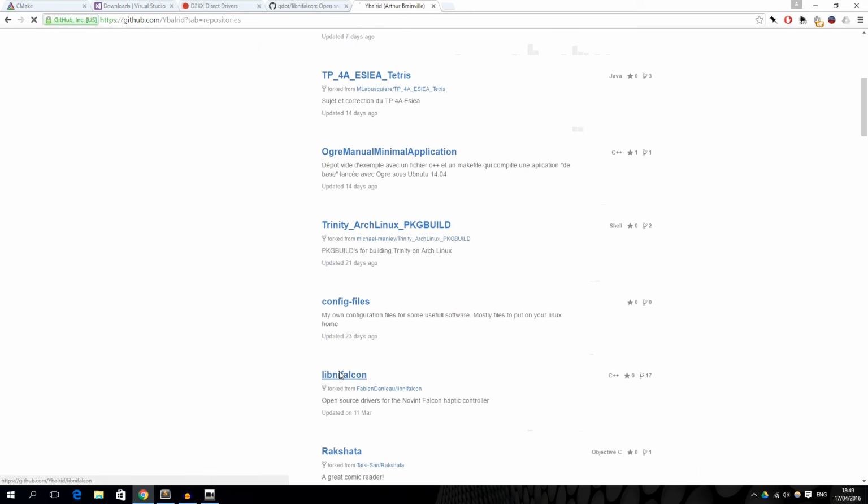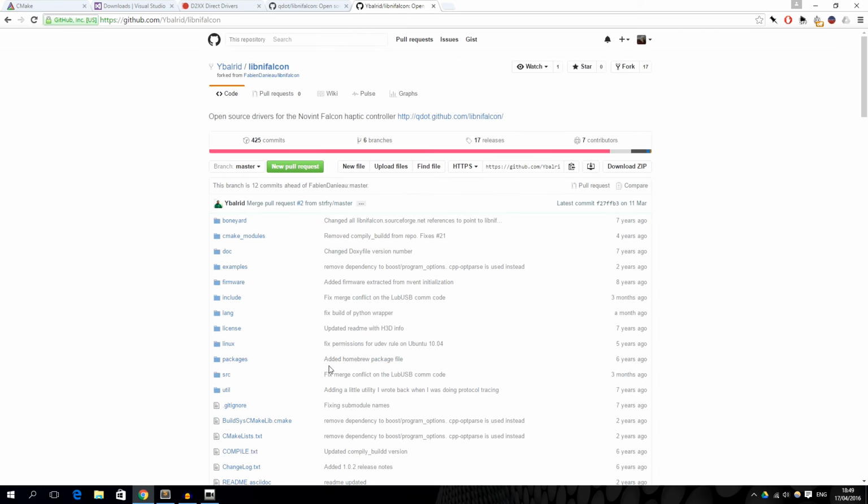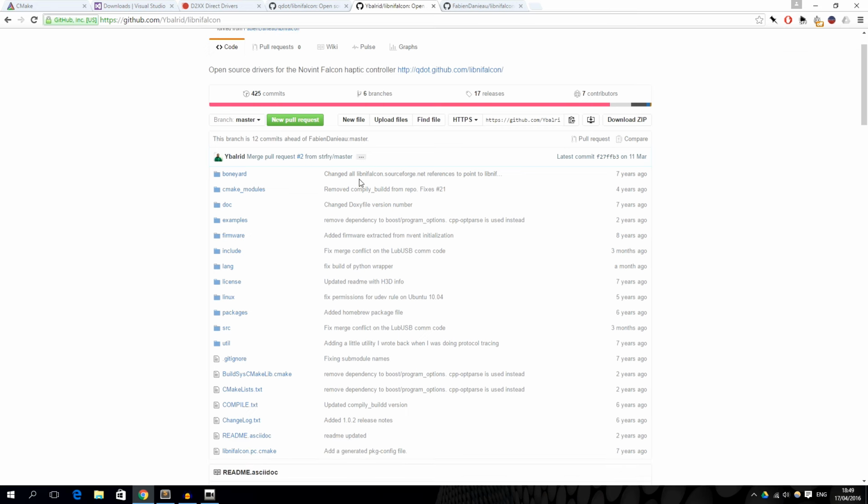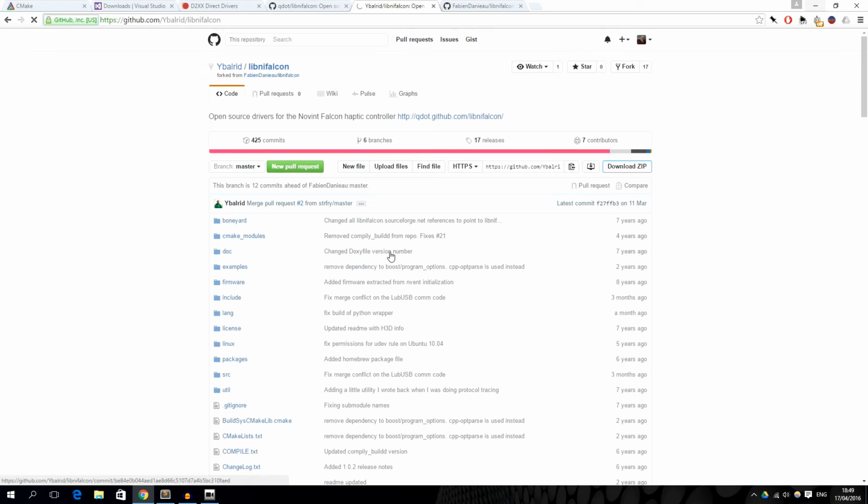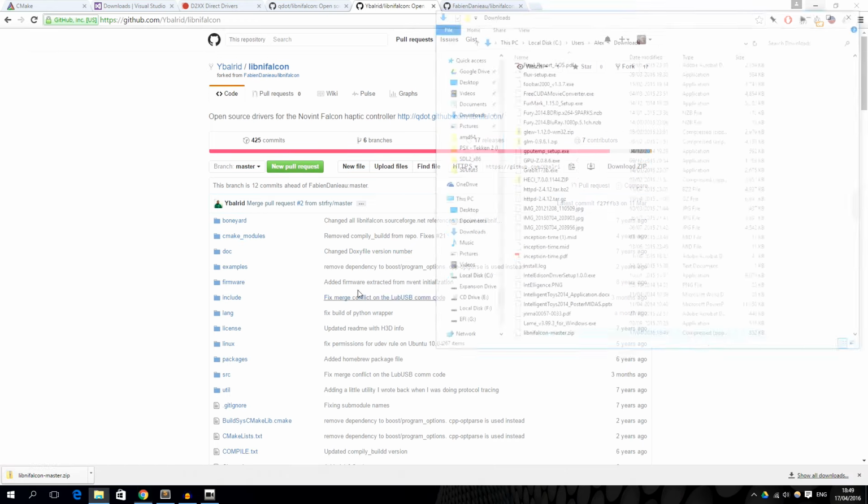He's taken libnifalcon and done a few cool things to it. What he's done is he's taken a fork of libnifalcon from this guy called Fabian, and Fabian removed the Boost library dependency and basically used native C++11 to implement all of the old Boost functionality. And Balrid just simplified it and made it compile on more systems. So this is a really usable library now. So the easiest way is just to download the zip of the current branch,